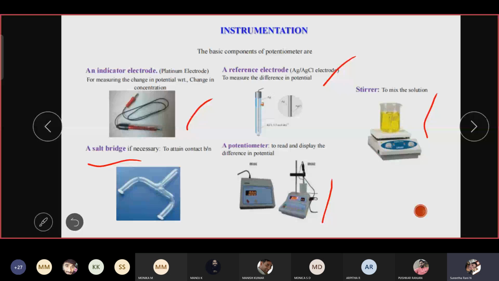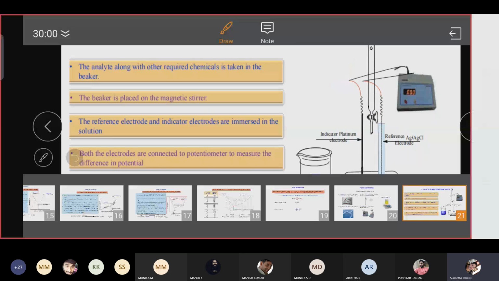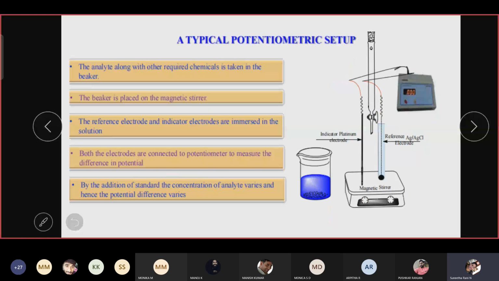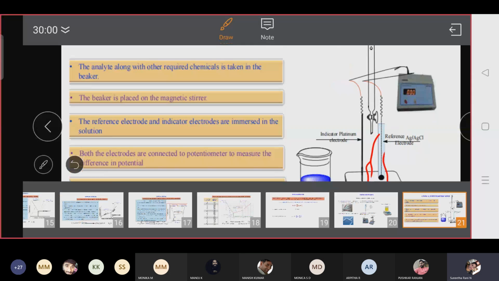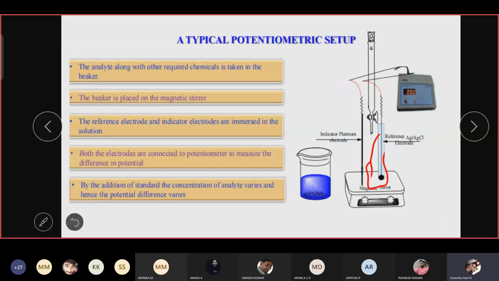So here, what we are doing is: take the beaker, and whatever the analyte you have to measure the potential of, take that solution in the beaker. Usually we have taken 25 ml of FAS into the beaker, added one test tube of H2SO4, and immersed the two electrodes. Remember, one platinum electrode and a calomel electrode we immersed here. One acts as a reference electrode, another acts as an indicator electrode. Then in the burette we have taken potassium dichromate, the orange color solution, right?